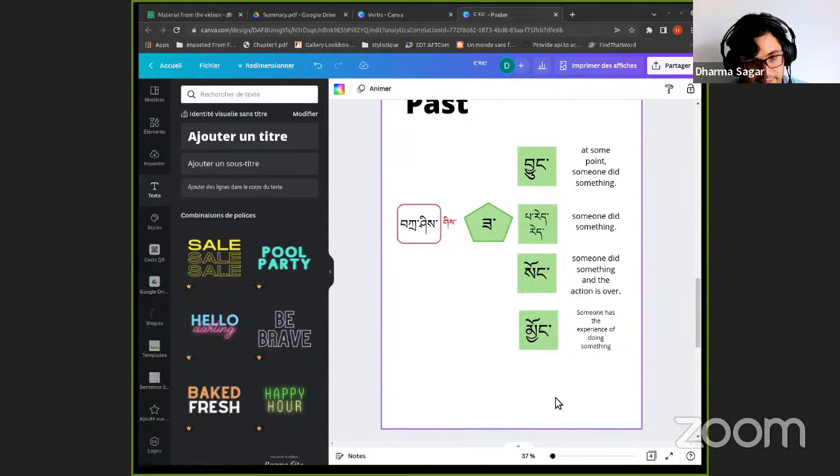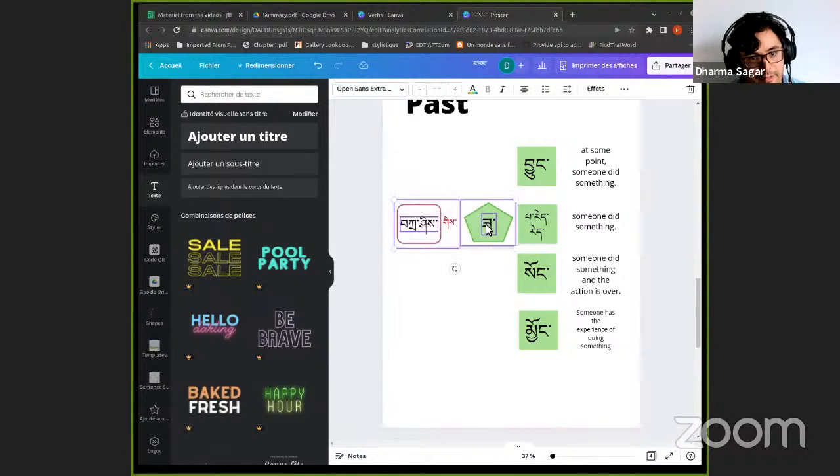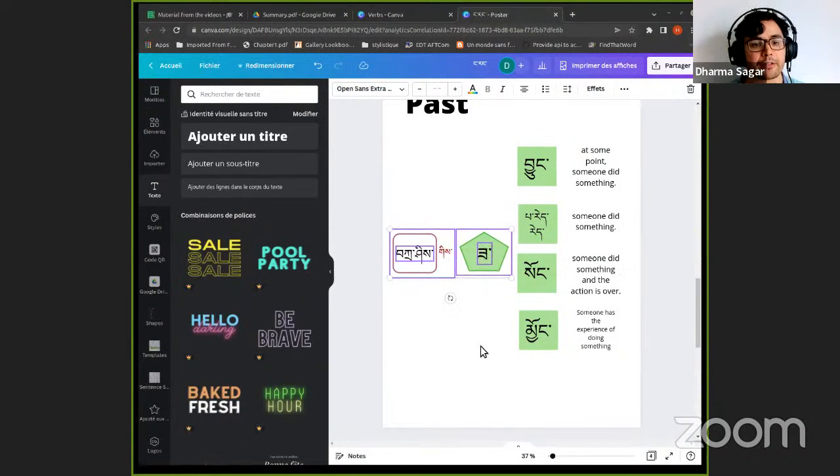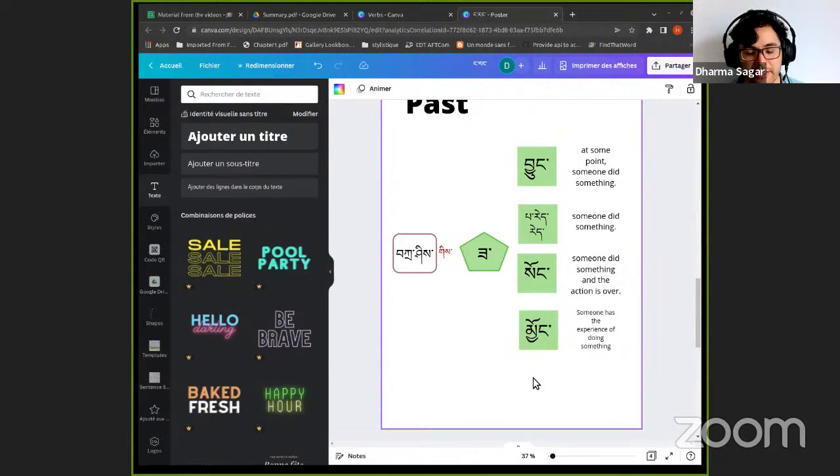So instead of having to give the detail of the modality of the action, like in English, adding many things, Tibetan crams everything into the conjugation that you're using after the verb. So nyong is the conjugation of the past, but it also brings the meaning of having the experience of doing that action, the action of the verb. Song is also the conjugation of the past, but with this other meaning, etc.